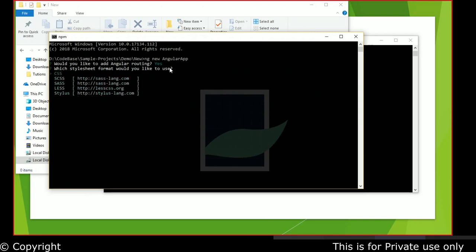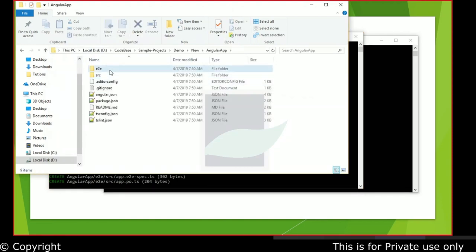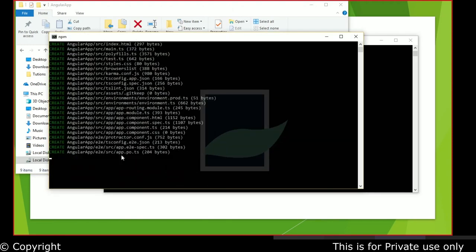There are multiple formats like CSS, Sass, Less, and Stylus. We'll speak about those. But for now, because everyone is familiar with CSS, I'm just using my arrow key to navigate. I'll say CSS, that's the format I want to use. That's about it. It goes ahead and gives me an enterprise level application, and then it starts downloading the packages.